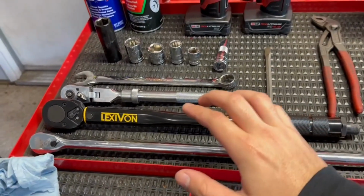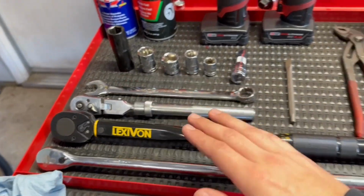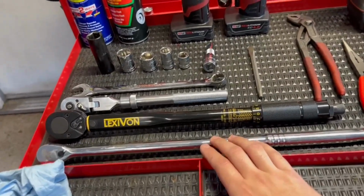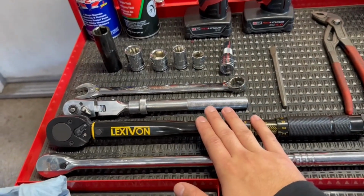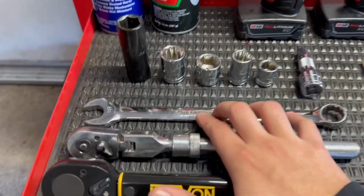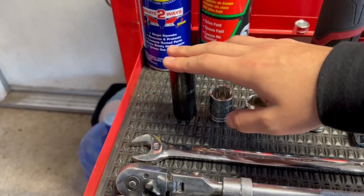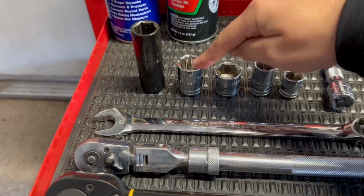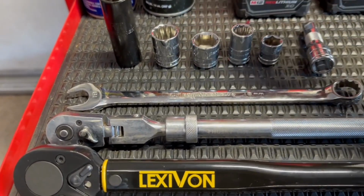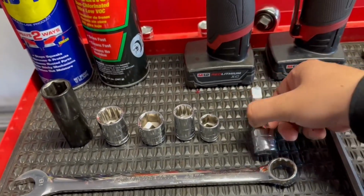You guys are going to need an assortment of 3/8 ratchets. This one extends and it has a swivel head. This one is just a super long 3/8 ratchet. You're going to need a torque wrench of some sort. It doesn't matter if it's 3/8 or 1/2 inch. You're going to use an 18mm wrench, a 19mm socket for your lug nuts or whatever lug nut size, 13/16 socket in both 1/2 inch and 3/8,